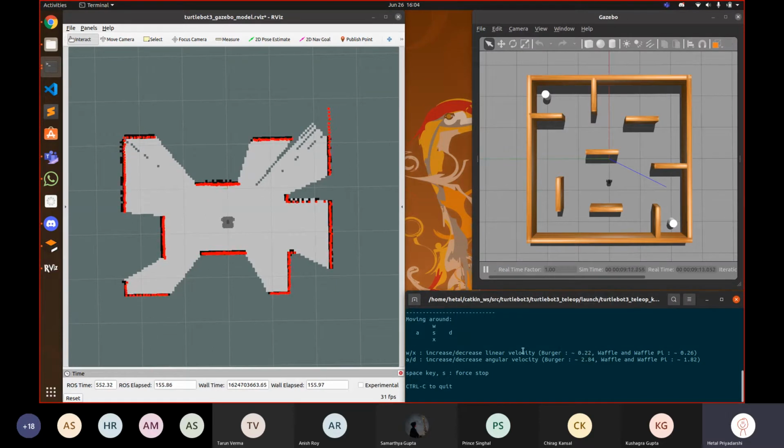So in case you need your map for your project while the robot is running, the information about the map is published in a topic in the form of a matrix. Every value will be between 0 to 100, representing the probability of that particular point being occupied. And then there's a threshold value which will tell you whether it's empty or occupied.